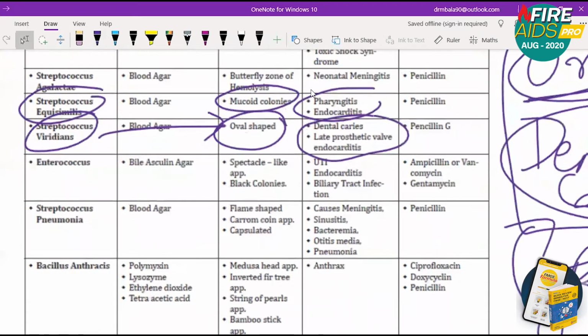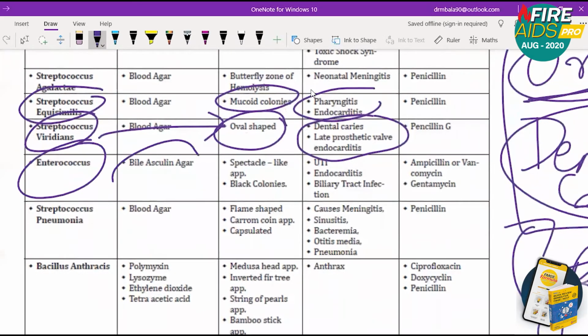Then comes Enterococcus. For Enterococcus, bile esculin agar is used. Spectacle-like appearance and black colonies are seen. Biliary tract infection is seen. Endocarditis and UTI are seen. So I want you to remember